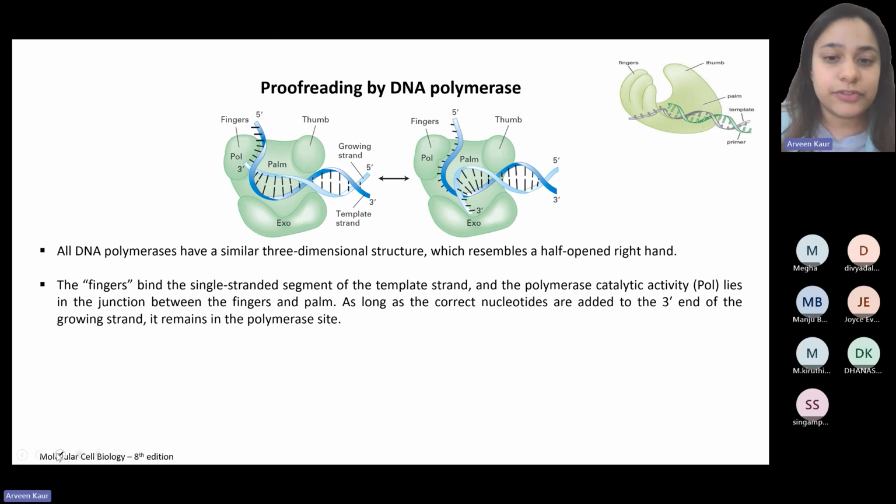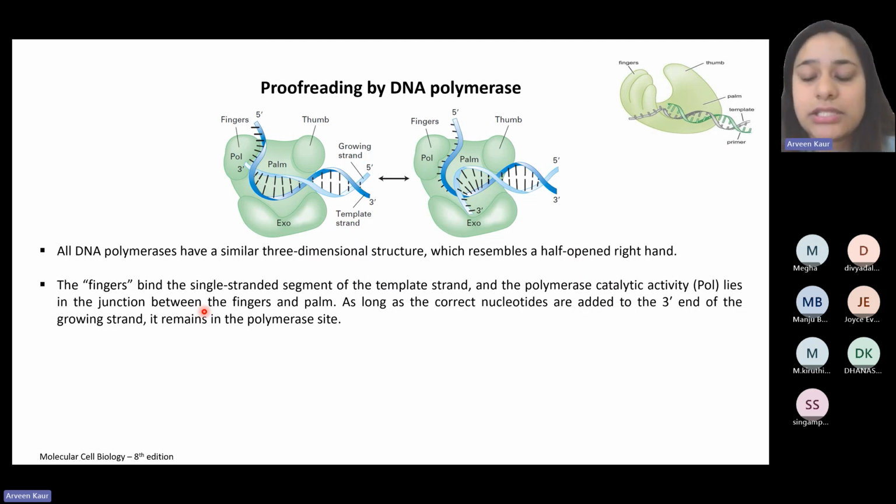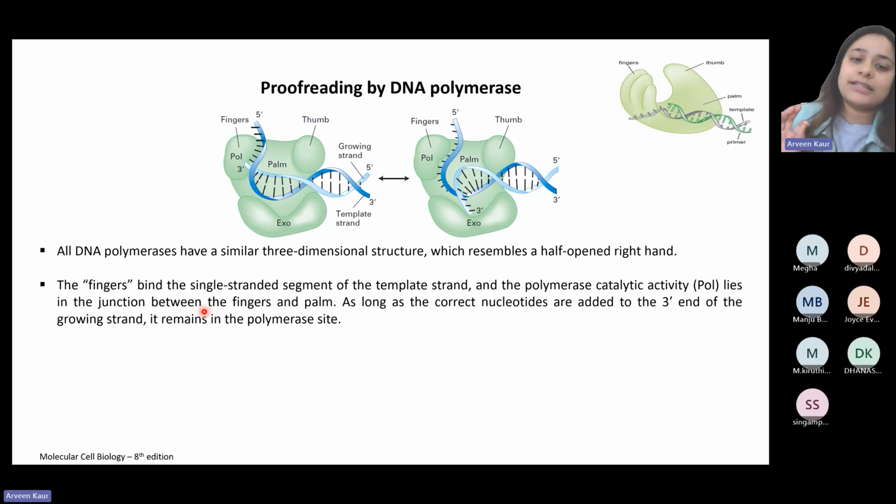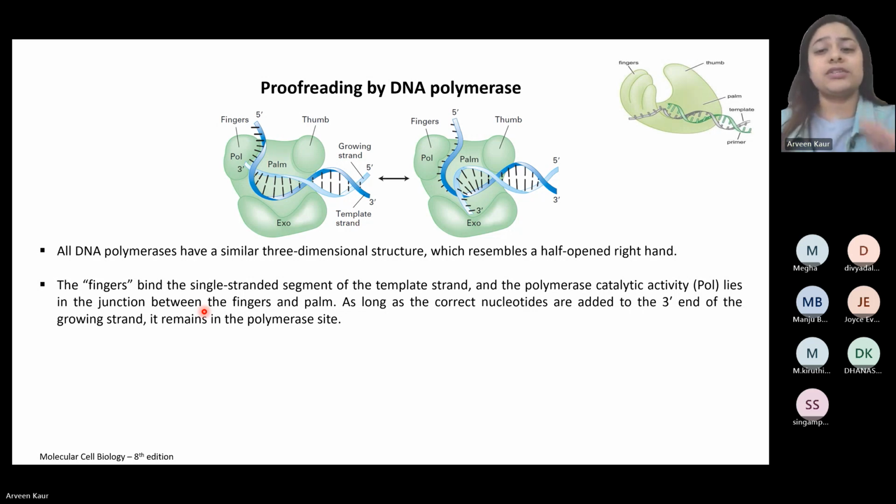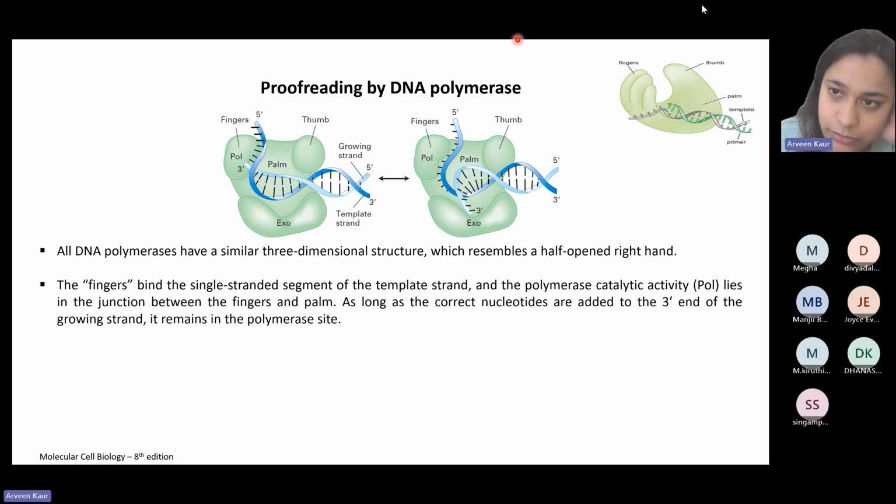Then we talk about proofreading by DNA polymerase. So DNA polymerase, what is one of its functions? One of its functions is to go and synthesize new DNA. But another of its functions is proofreading. It has to synthesize DNA, but that DNA also needs to be accurately synthesized, like we talked about. It should not have any incorrect bases, because that will simply lead to mutations being formed. So what will DNA polymerase do?